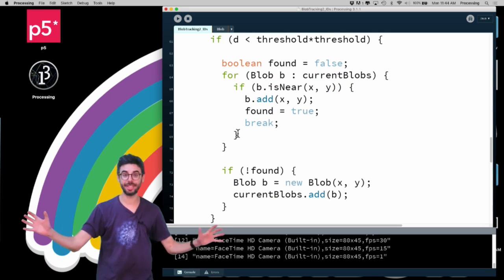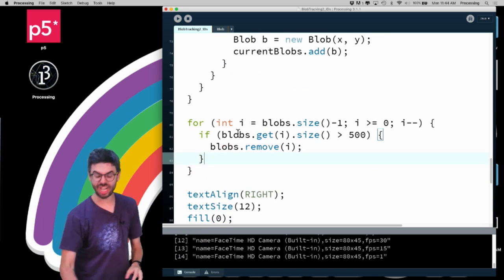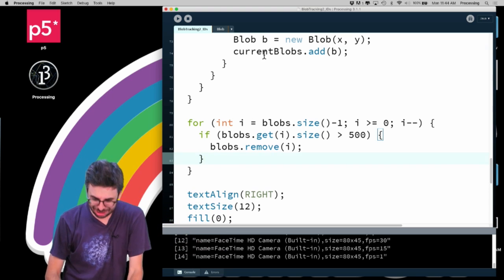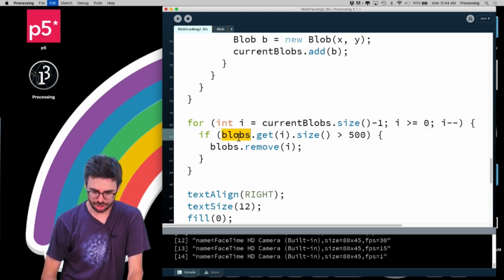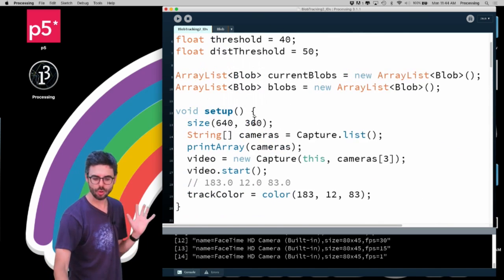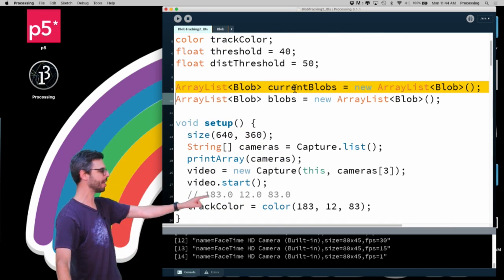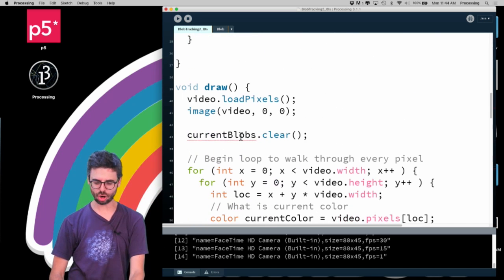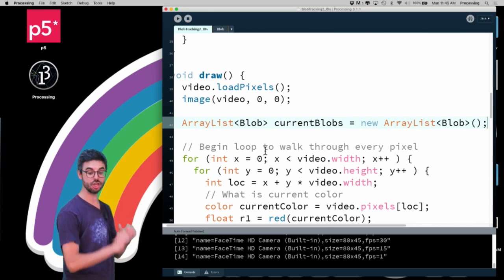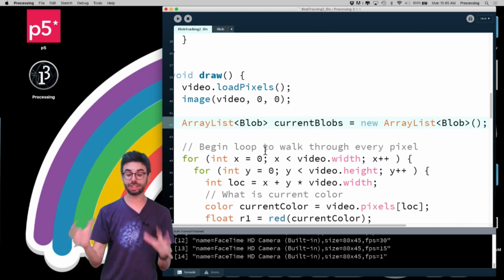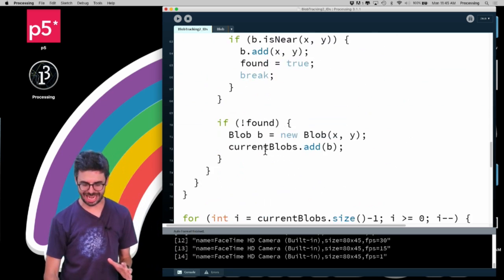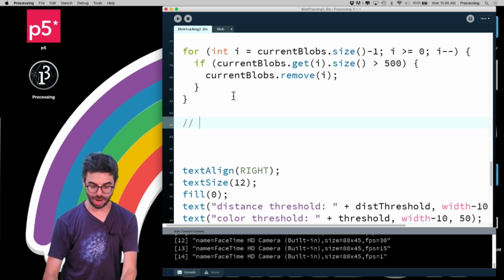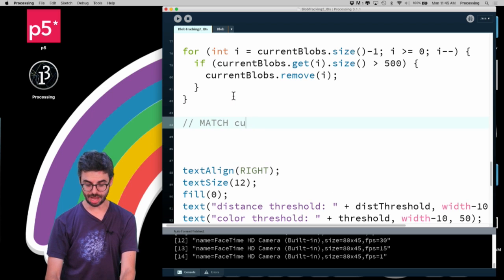So what I want to do is at the end of all of this, first I want to analyze the image and find the blobs that are in it. Then I want to delete any small blobs. And by the way, this is current blobs. Very important that I say current blobs, current blobs, current blobs. And actually, just to be totally clear about what's going on, I don't even want to have this as a global variable. I want to just take this, and instead of saying current blobs dot clear, every frame I'm going to make a new array list called current blobs. Because I'm just going to look at what the current blobs are, and then down here, once I've analyzed and removed all the blobs, now this is the part where I need to match current blobs